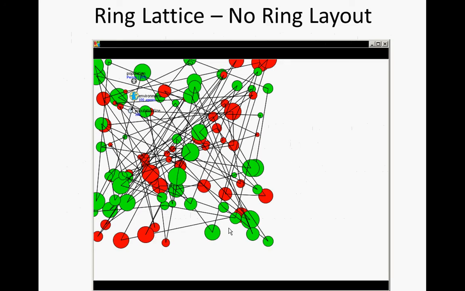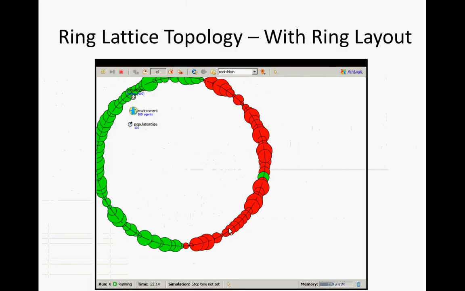So this is a ring lattice with no ring layout. This is with a random layout. There is a 1D connectivity here. Neighbors are just connected with others that are neighboring topologically, but it's all scrambled. You can't really see what's topologically a neighbor to someone except by the fact that there's a connection. There's no geometric significance of neighboring connectivity here. This would be what it looks like when it's in a ring lattice, a ring